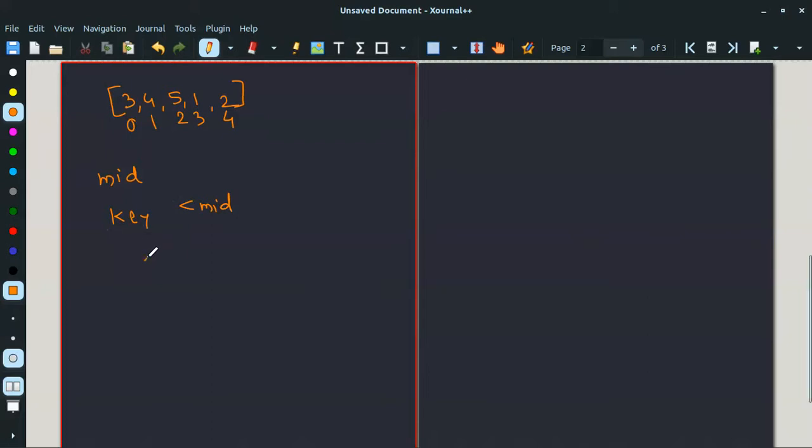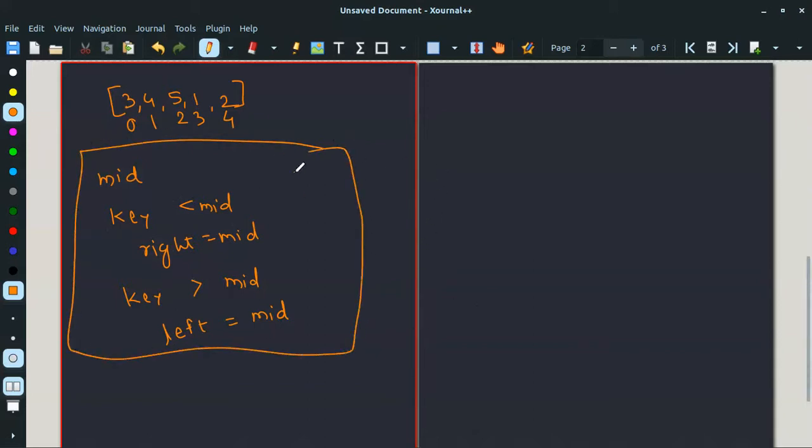So we ignore the right part of the subarray and say right is equal to mid. And if key is greater than mid, which is the complementary case, we will write left is equal to mid. This is our standard binary search algorithm.